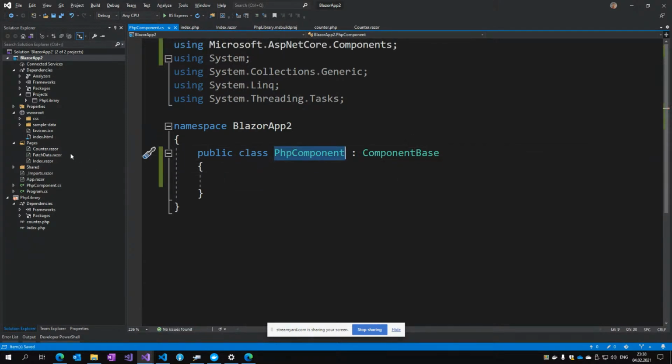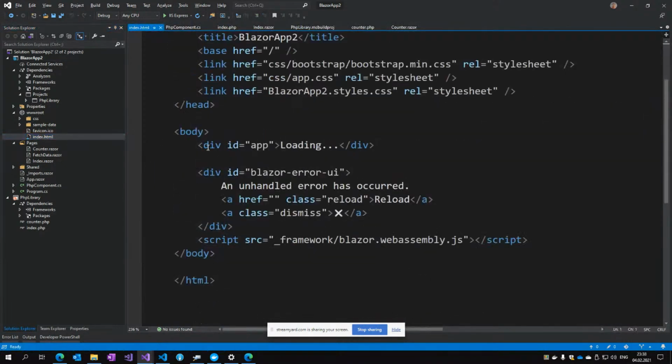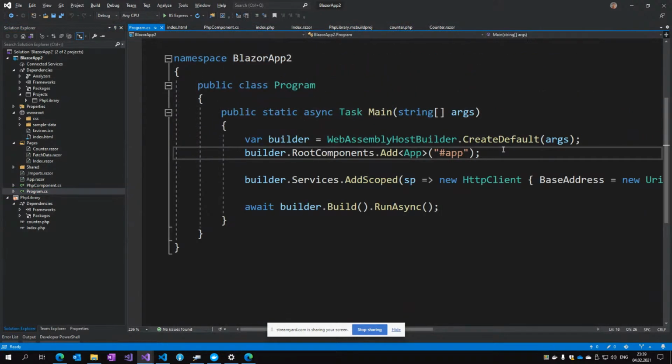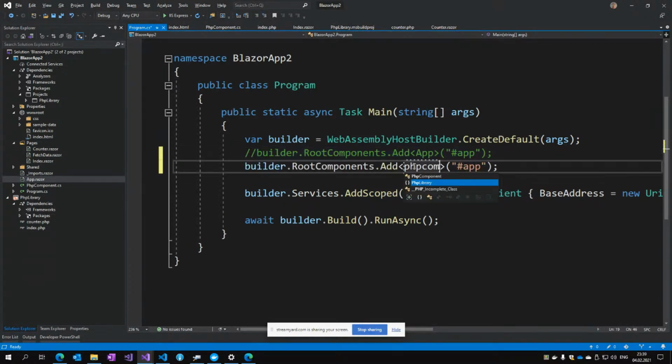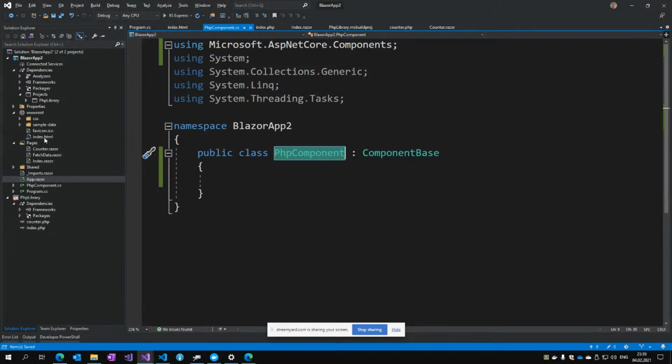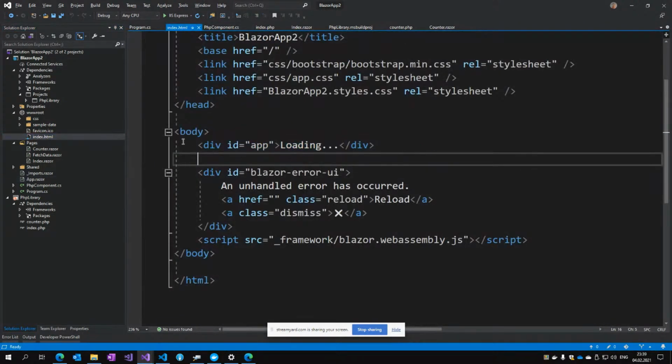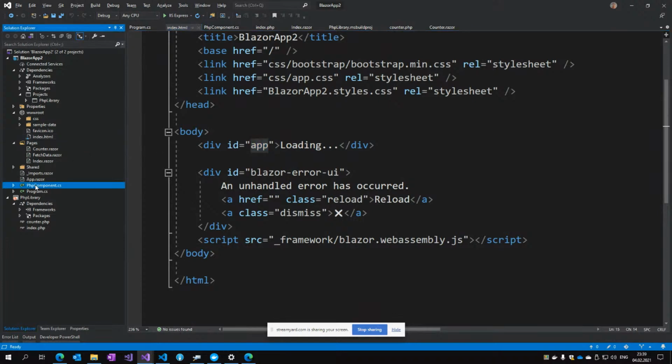And I'm pretty sure this component goes right in this element called app. So in the program right here, in the root components, I'm telling the builder, the WebAssembly host builder, that the app element should be replaced by the app, which is this Razor page, but I won't be using the app. I will replace it with my PHP component here. So now in my root element in here, there will go my PHP component. And